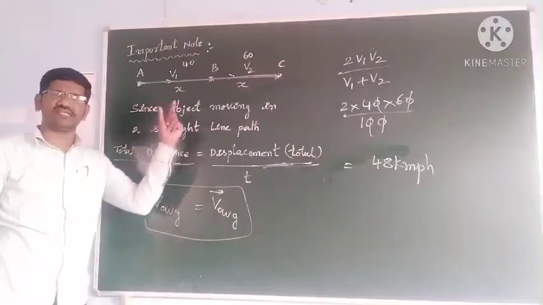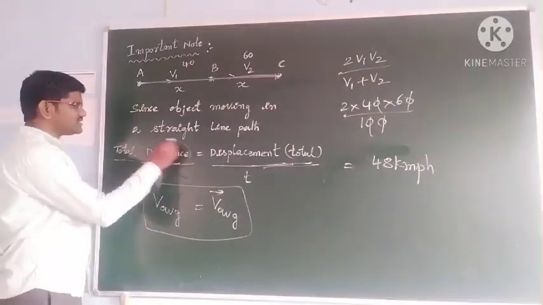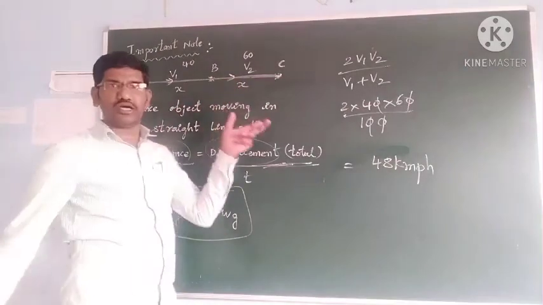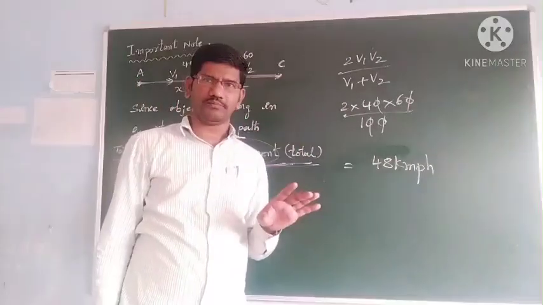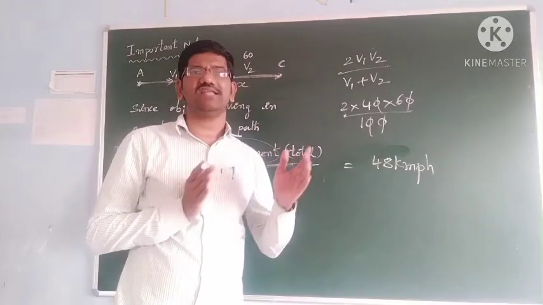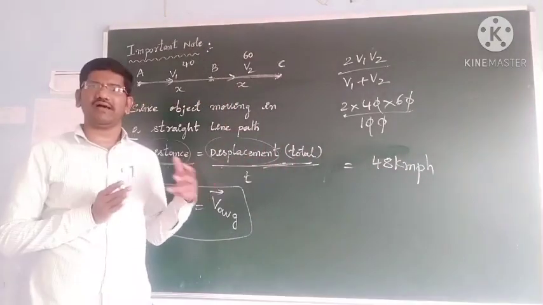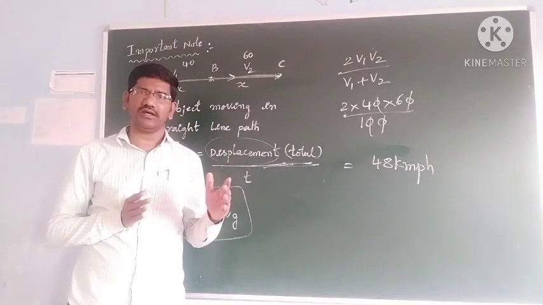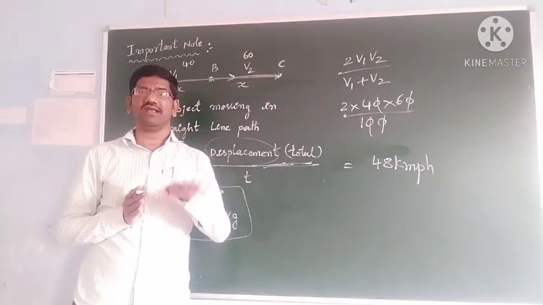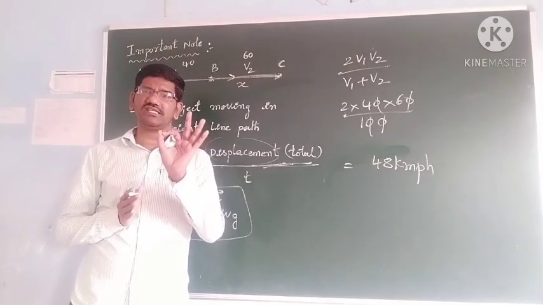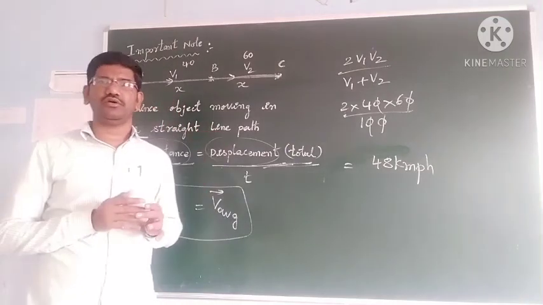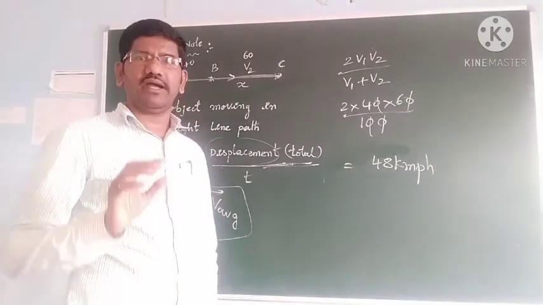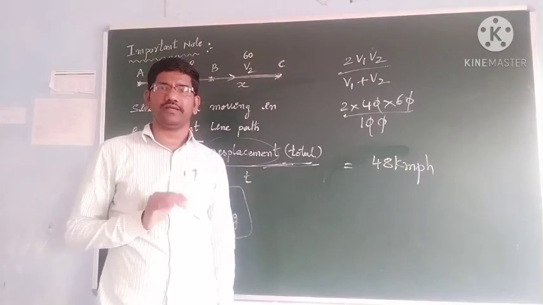Because it is moving in a straight line path, distance and displacement are equal. Distance is in a specified direction, both are equal. So in a straight line motion, all our formulas stand valid, and average speed and average velocity will become equal. All the formulas we have derived for average speed you can use for average velocity also when the distance and displacement coincide. So remember that point, students. Remaining exercise problems you keep solving. Thank you.